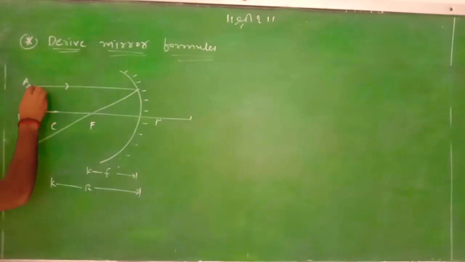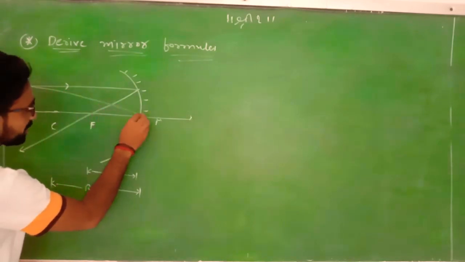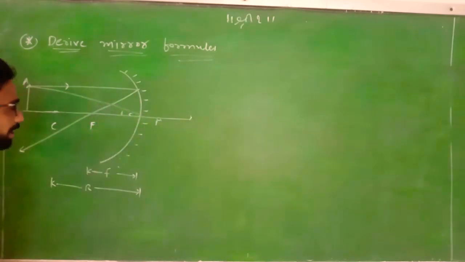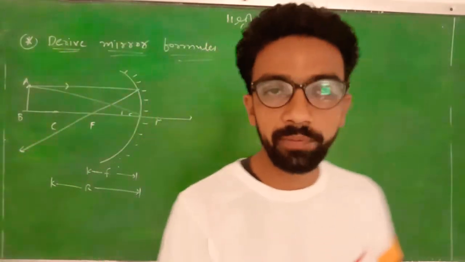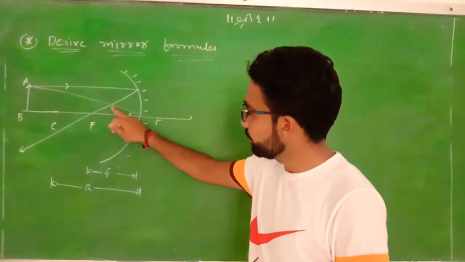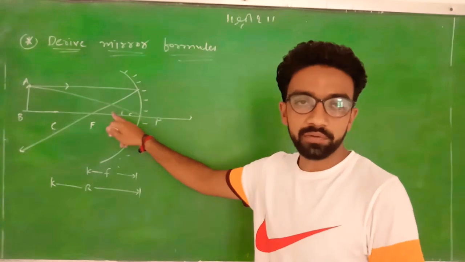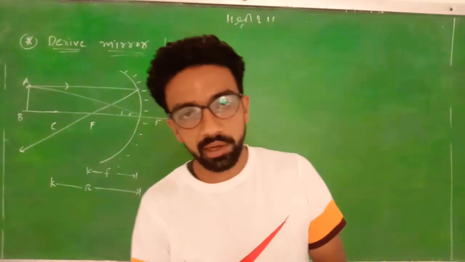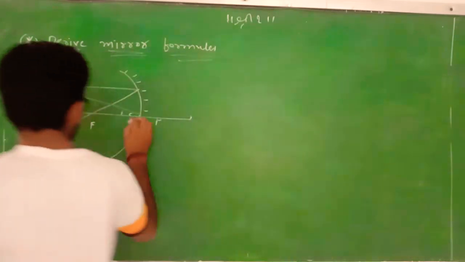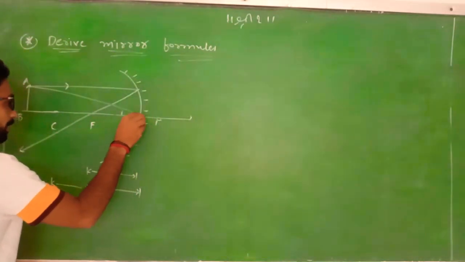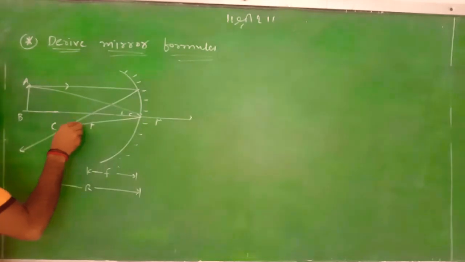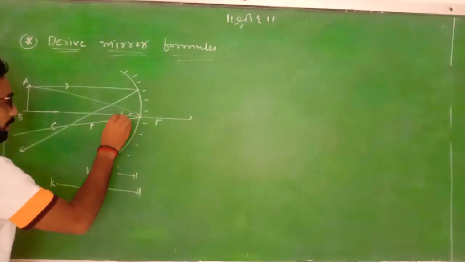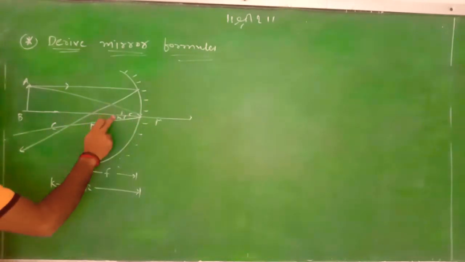Now consider a second ray that is incident at point P, making an angle phi. According to the law of reflection, this ray is reflected making the same angle as the incident angle. That is the first law: the incident angle and the reflected angle are equal. So we draw the reflected ray making angle R, and I and R are both equal.